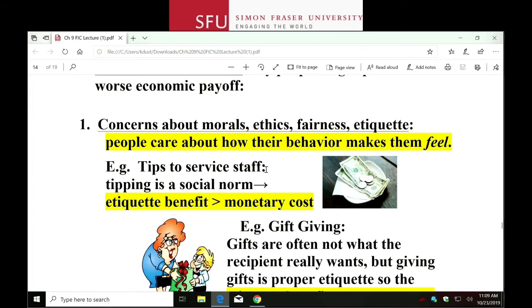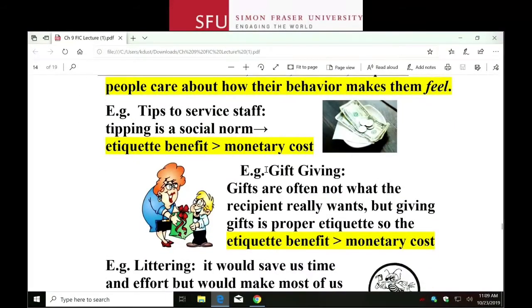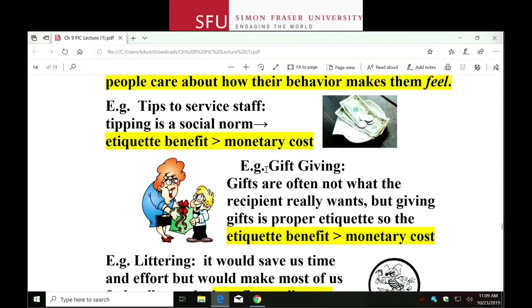Anyway, and then the next one is related, gift giving, right? So gift giving, you're supposed to give gifts in lots of different situations in life, even though it's going to cost you money, and even if often sometimes it's to people that you don't even really know that well, you still do it because it's the proper thing to do in a certain situation. And so it's about etiquette again. You know, you're supposed to do it to be a proper person. The next one,